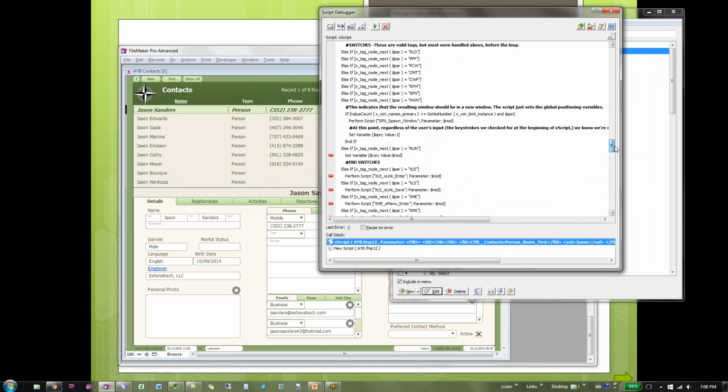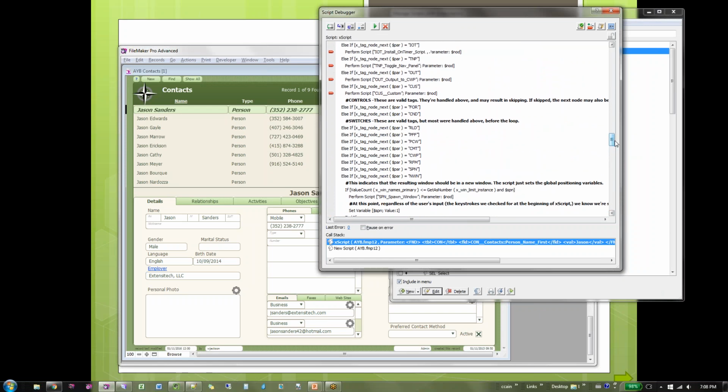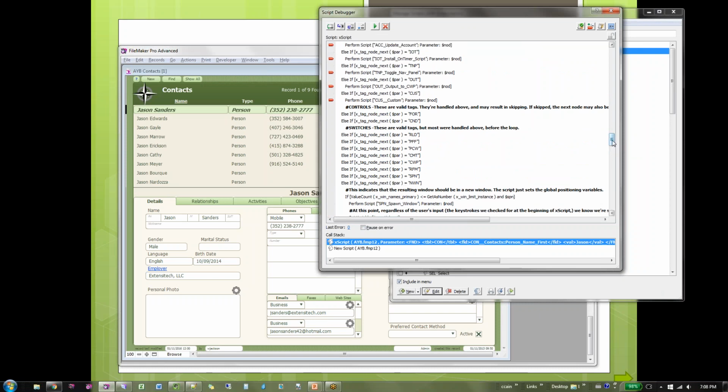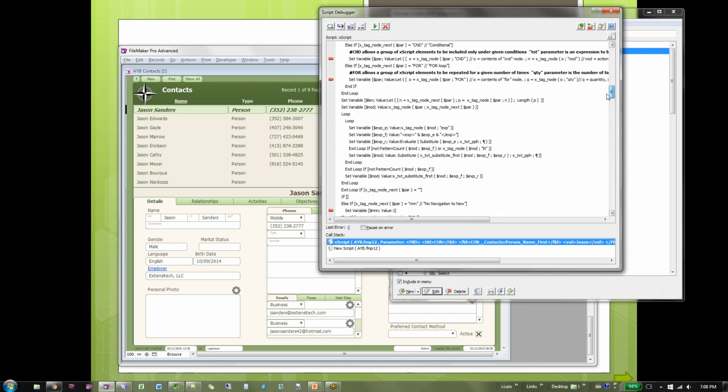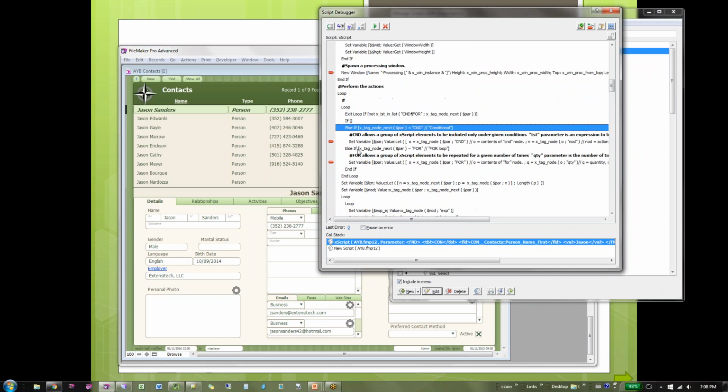So really, there's three types of nodes in XScript that you can call. One is the switches I talked about. One is the actual functions like find and dialog that we just saw. And then the other one, which we didn't see, are controls. I can do conditional and a for loop, all by passing a set of parameters.